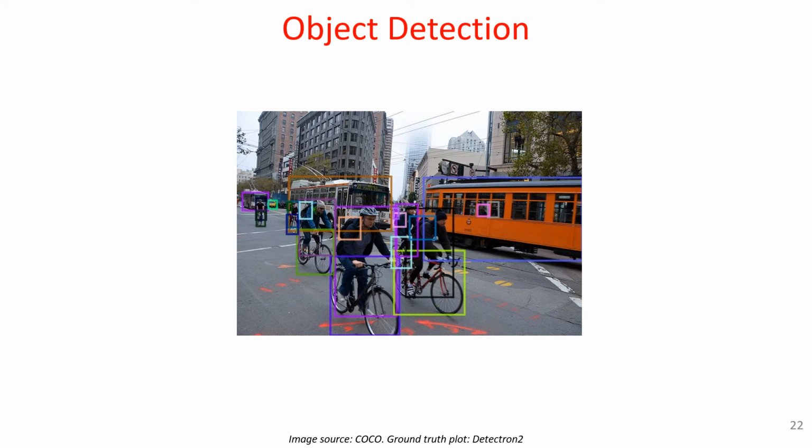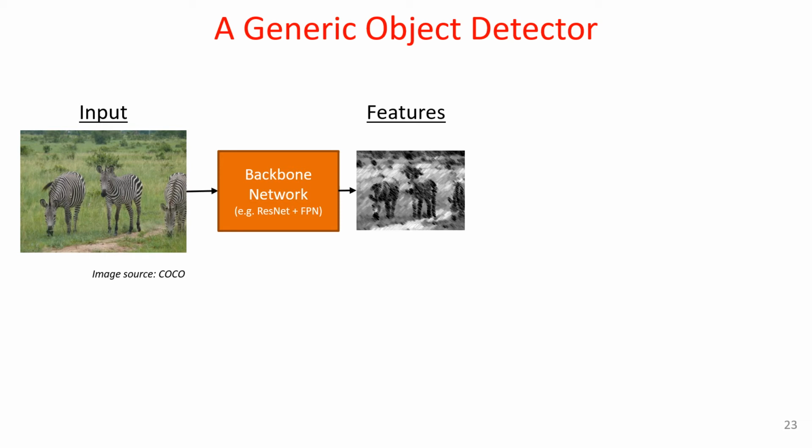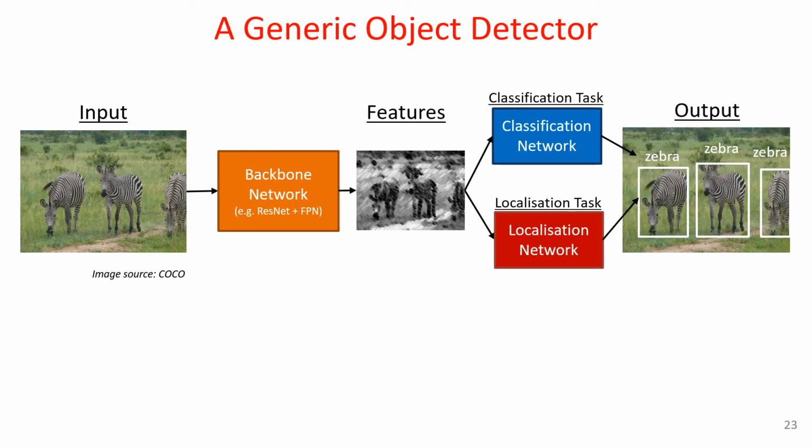Average LRP loss is designed specifically for object detection, in which the aim is to classify each object in an image and also localize them by bounding boxes. This slide presents an overview of the common object detection pipeline along with some key concepts. In order to reach the desired output, the image is fed to a backbone network, which can be a combination of ResNet and feature pyramid network, and the features from the entire image are obtained. Then, in the pipeline, there exists a subnetwork for each task. Given the extracted features, the classification network aims to classify the objects, and the localization network regresses the bounding boxes